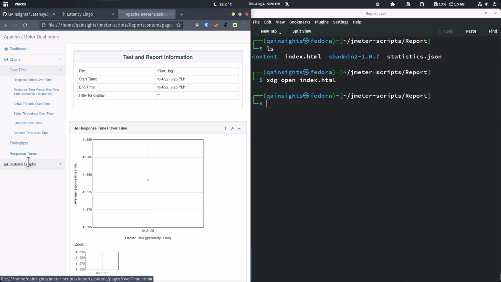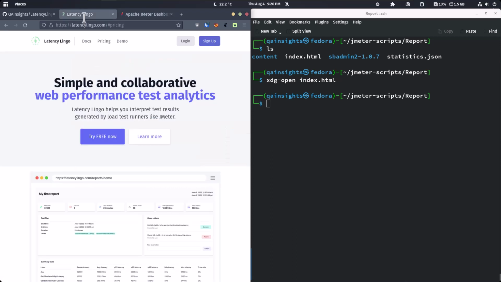What if you want to refer everything in one place? Or what if you want to compare? And what if you want something more beautiful? Or something like a third-party platform to store everything? Enter Latency Lingo. So Latency Lingo is a simple and collaborative web performance test analytics platform to analyze your JMeter